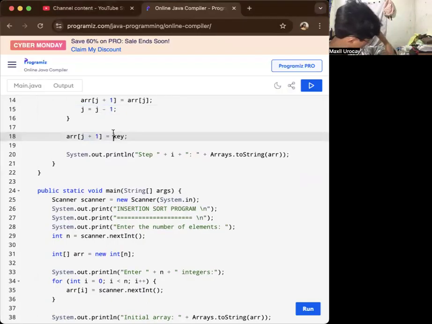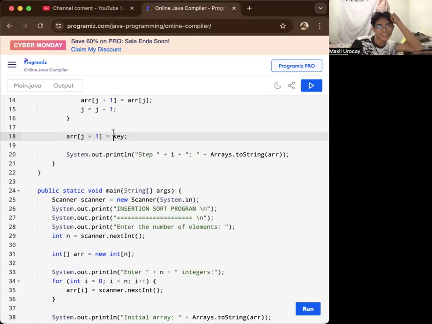Sorry, our key. So array j plus 1 places the key at the correct position in the sorted portion of the array. The j plus 1 signifies the index where the key should be inserted, kung sa diin siya dapat pwede i-insert. So since we're checking from 2, then we increment to 3, then plus 1, and we put that in